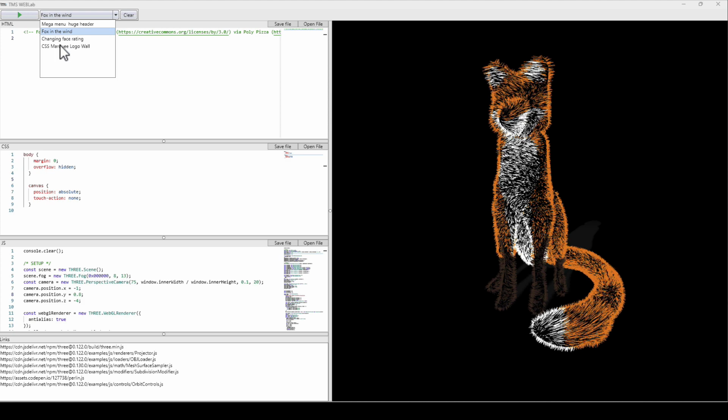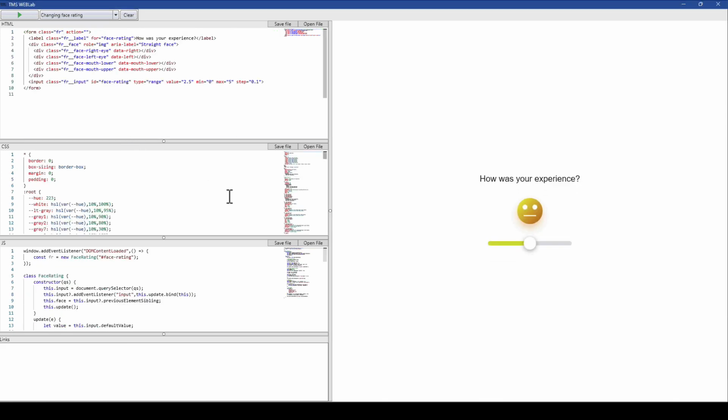And of course, we have changing face rating, like here. How do you like this video? Well, I think you're just as excited as I am about this, because I think the functionality for us to be able to include this kind of functionality inside of a Delphi application and to offer our customers this kind of edit experience for plugins that we include in our applications is just amazing, because we don't have to bother about implementing HTML syntax, CSS syntax, or JavaScript syntax.